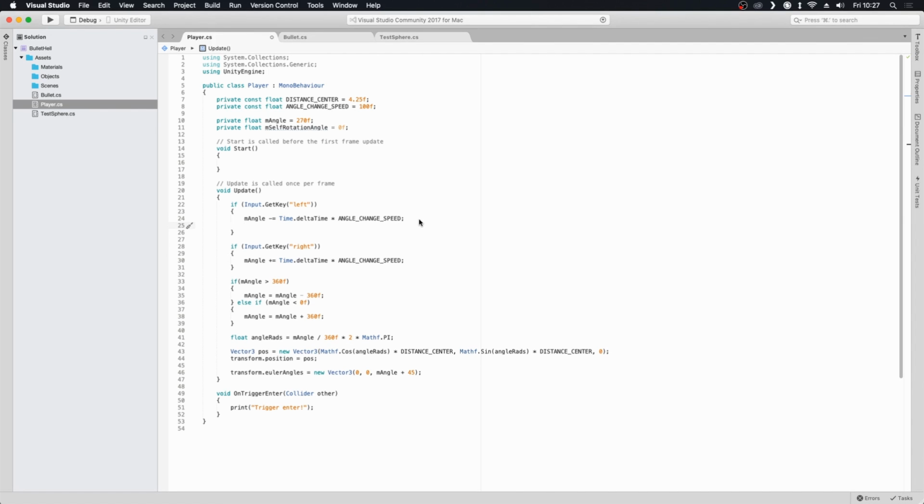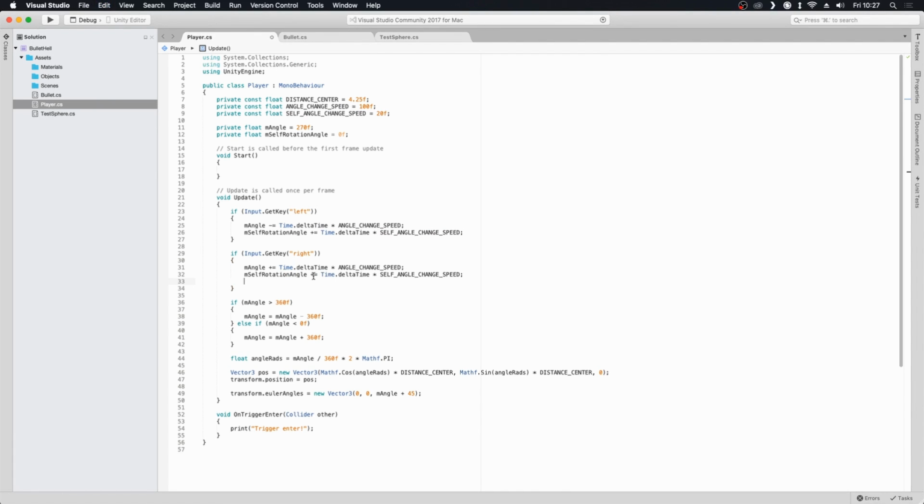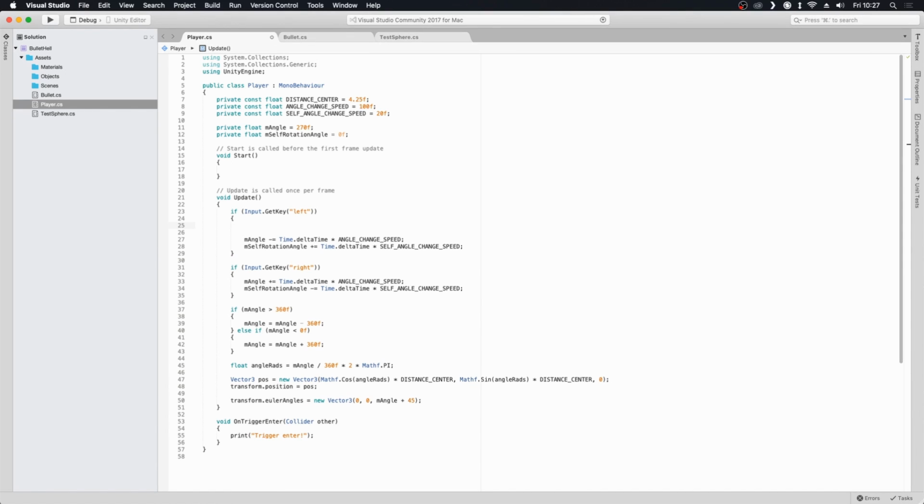So this increases the angle. This decreases the angle. If I'm rotating left and